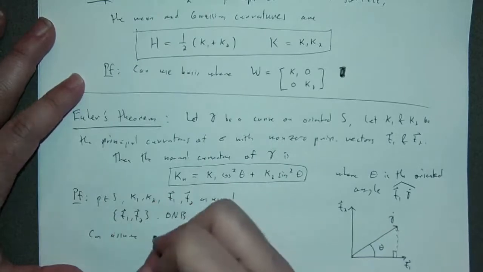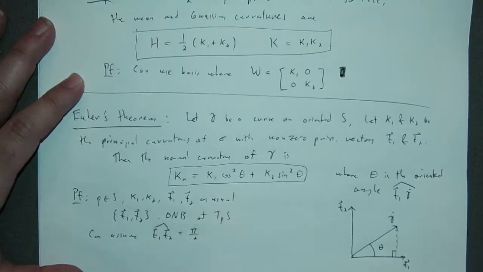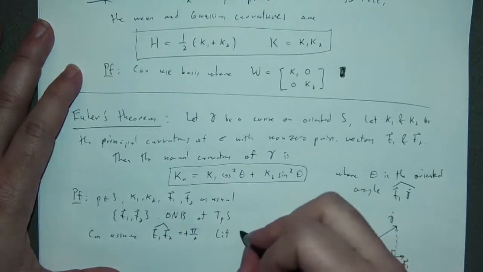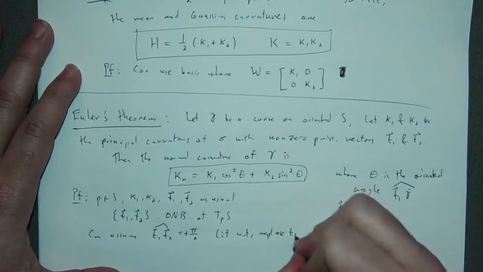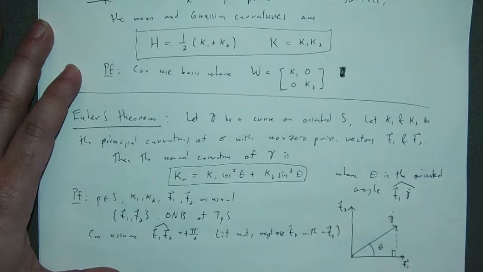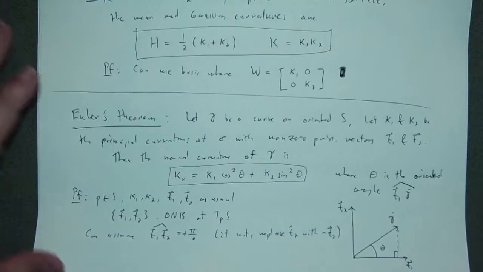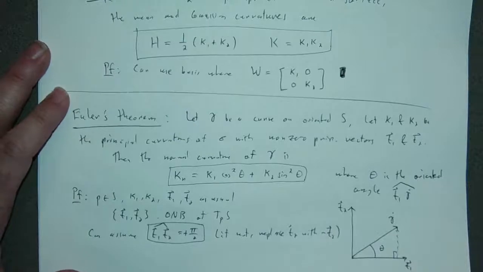We can assume that, say, the oriented angle from t sub 1 to t sub 2 is plus pi over 2. If not, just replace t sub 2 with minus t sub 2. So I want this to be plus pi over 2 rather than minus pi over 2. All right, then